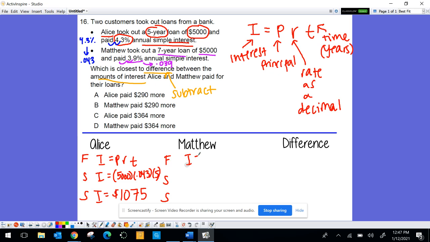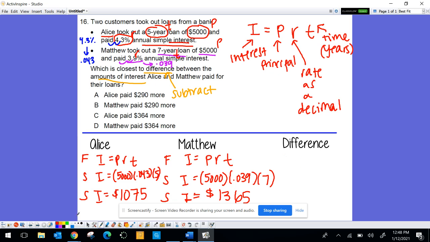Matthew, the formula for simple interest is I equals P times R times T. So we have $5,000 for the principal. That's how much money you start with. The interest rate is your percent as a decimal and time is the years. So for Matthew, his rate was 0.039 and the time for Matthew was 7 years. Let's go ahead and multiply those numbers together. 5,000 times 0.039 times 7, and that will be